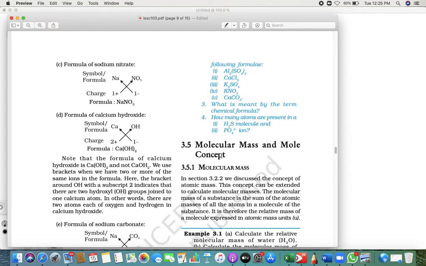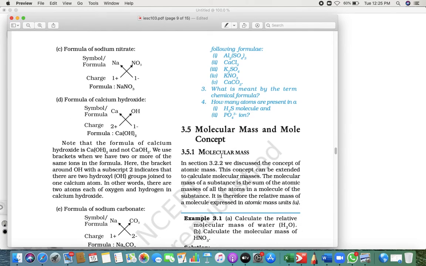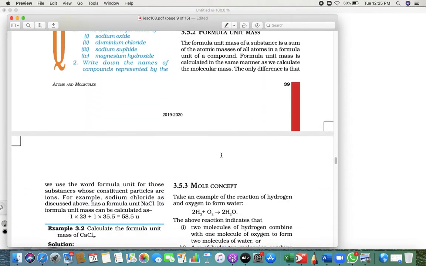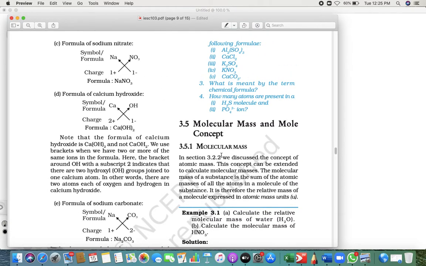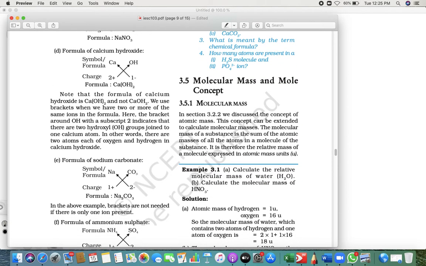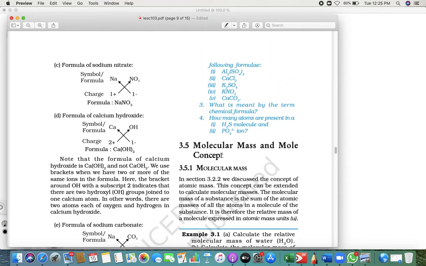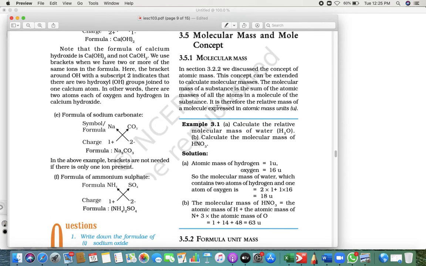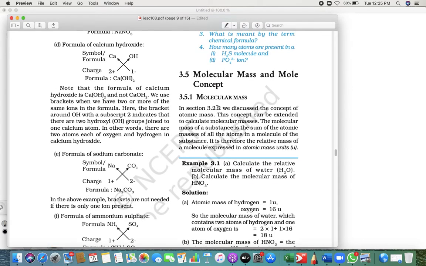Similarly Ca(OH)2. In order to understand things, you just have to see the valencies they have, how many electrons they are ready to give. Plus means donate, minus means accept. When I write +1 it means it is ready to give 1 electron, and when I write -1 it means it is ready to accept 1 electron. Try to look at the same here and find the answer for this one. In the next class we are going to see molecular mass and the mole concept. Fine, that's it for the day. Thank you so much.